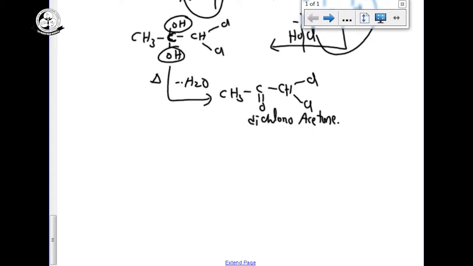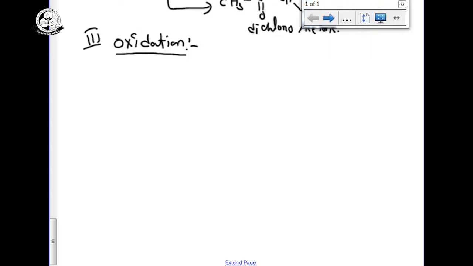Now third. In the chemical properties of alkynes we have totally 3 varieties: one is acidic nature, the second is addition reactions, and now the third part we are going to discuss is oxidation. See, for the oxidation of alkanes we had complete oxidation, partial oxidation, and oxidation using a catalyst, which is called slow oxidation. We discussed different parts in alkenes also. The same thing we go for in oxidation.